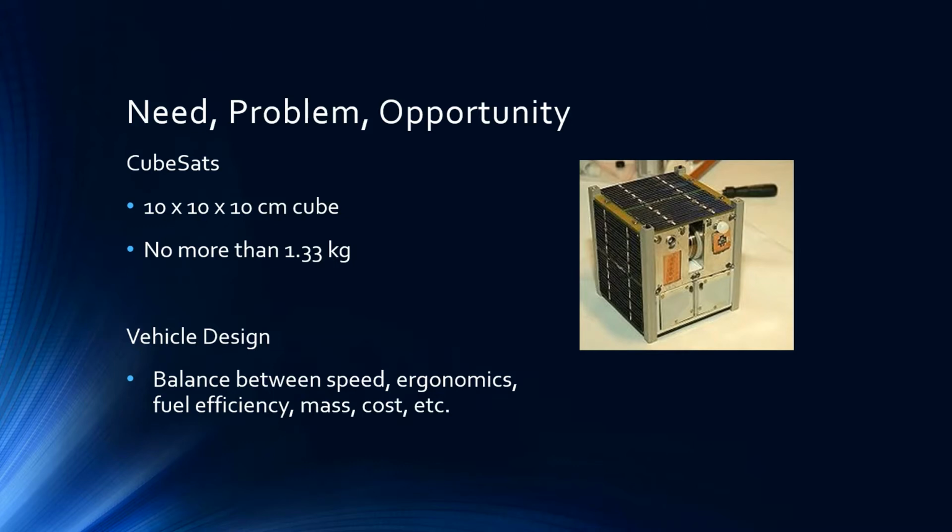Any vehicle is going to be a compromise between a bunch of different dimensions, including speed, ergonomics, fuel efficiency, mass, and cost. A race car is going to be extremely fast, but that's going to come at a high cost with a negative impact on ergonomics and fuel efficiency. A commuter car might try to strike a balance between all of these factors. However, the trade space is just simply enormous, and it's extremely likely that a designer or an engineer won't find the optimal design. This is where CAFMAD and our project come into play by trying to automatically analyze this trade